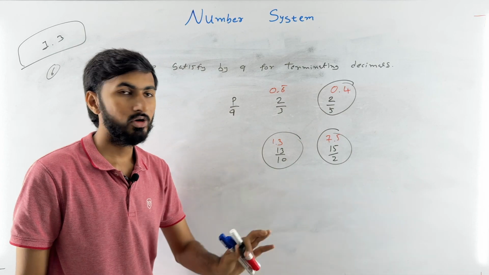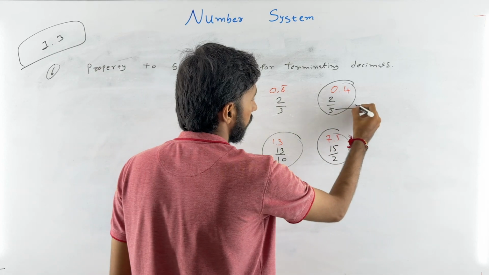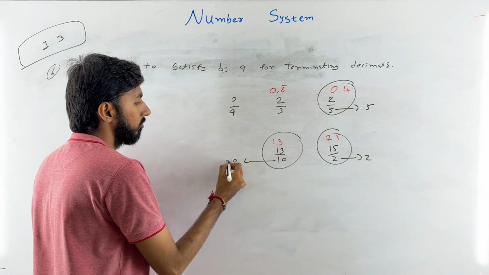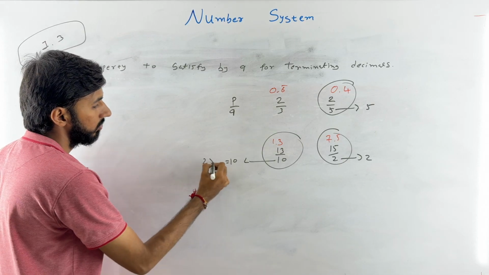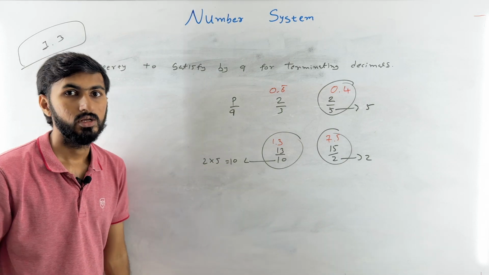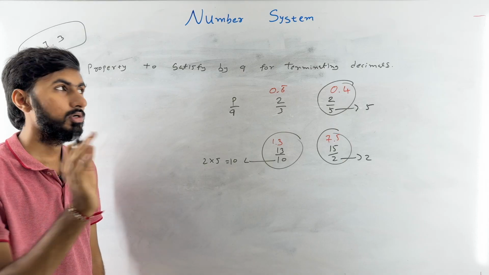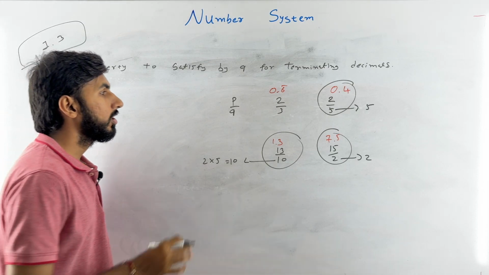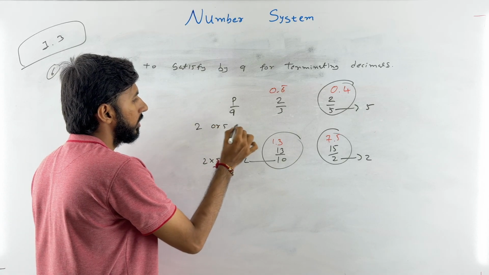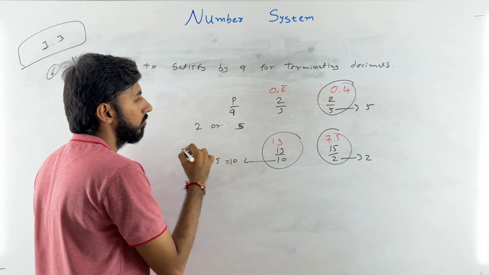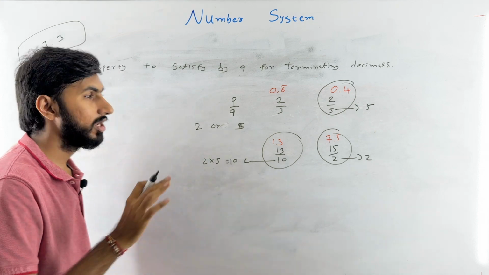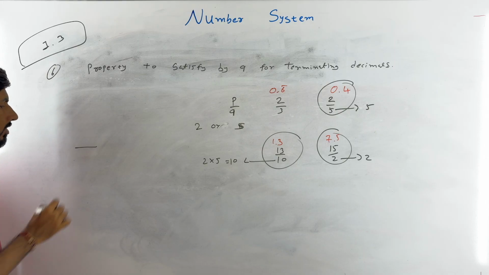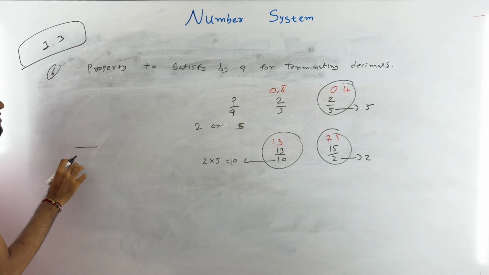If you notice the denominator of these 3 numbers, here I have 5 only, here I have 2 only, and here I have 10. If I do prime factorization of 10, I will get 2 multiply 5. So a trick to get a terminating decimal expansion is, in the denominator you can only have 2's or 5's or 2 and 5's. What I am saying is, you can write any number in place of the numerator, but in place of the denominator, that means in place of q,